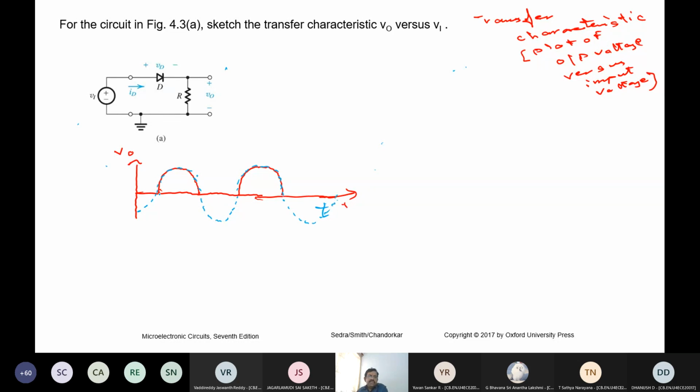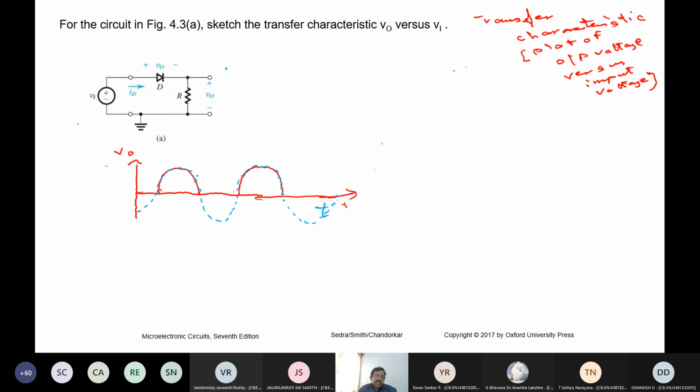So we can see there is an output. So if I were to plot this, the input up to here, it is negative input, no output. Okay, it is 0 here. Then the input and output are equal at any instant in the positive half cycle. In the negative cycle, the output is 0, the input is there.